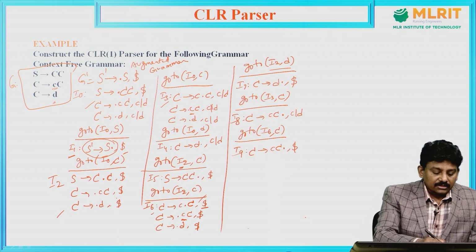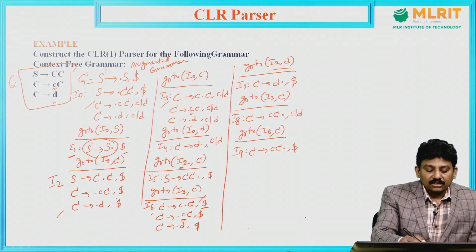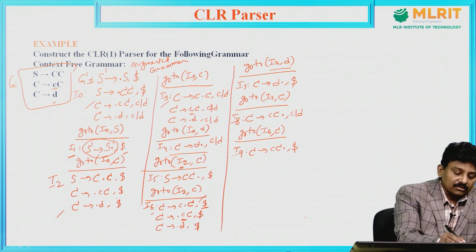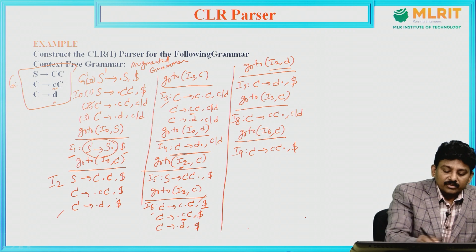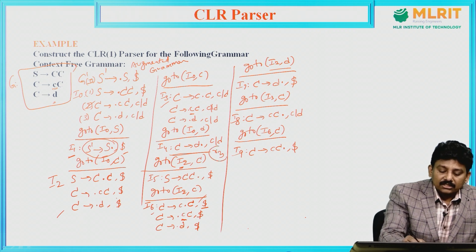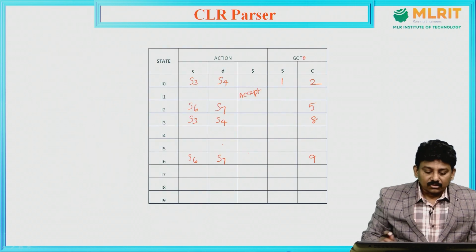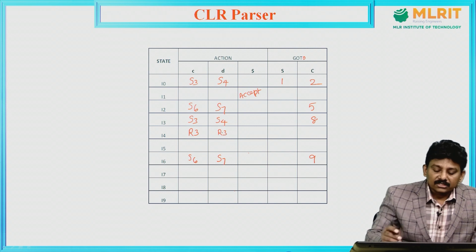Next, in I2 there is no dot at the end of the RHS, in I3 there is no dot at the end of the RHS, in I4 the dot is there at the end of the RHS. First we need to find the rule number of this production. Here the rule numbers are rule number 0, rule number 1, rule number 2, rule number 3. So, C derives D is rule number 3. We need to write R3 in row 4 under c and d. Row 4 under c and d, write R3,